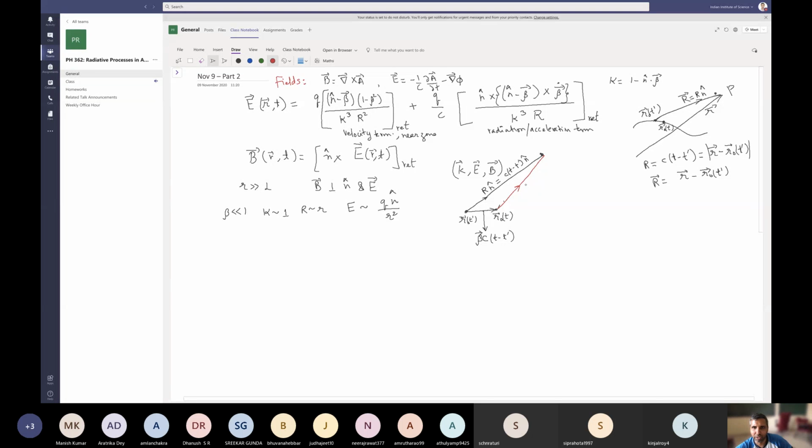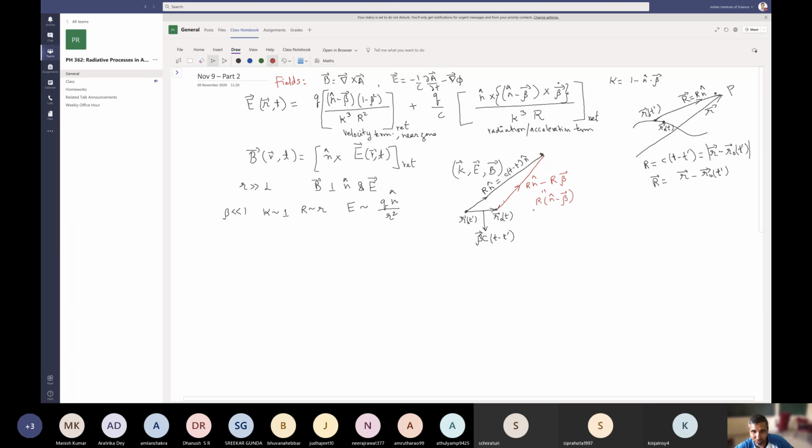So this is r n hat minus, what is c t minus t prime? That's nothing but r beta, right? So this is nothing but r n hat minus beta, right? So basically what it means is that this electric field, which is pointing in n hat minus beta direction,